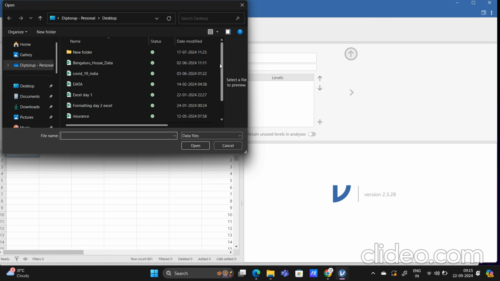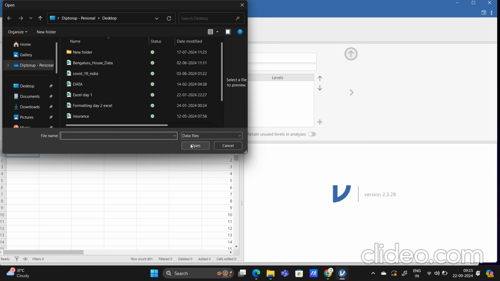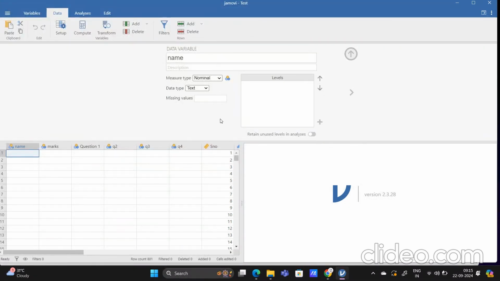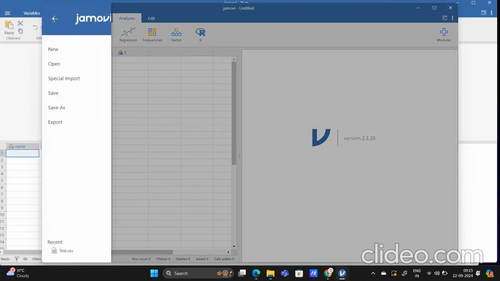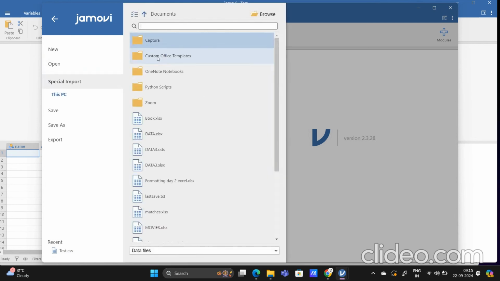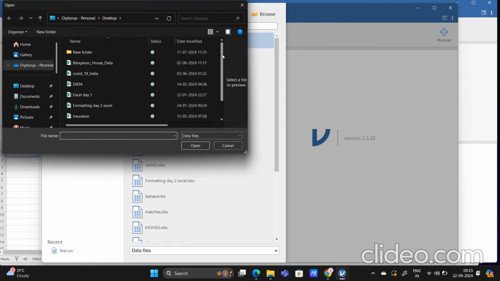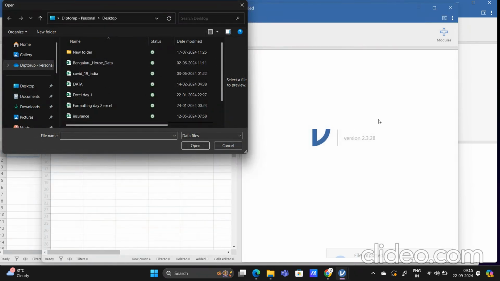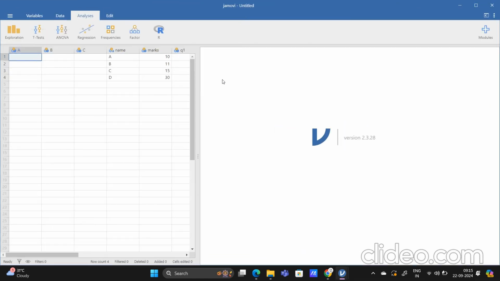I feel I have to look after these datasets. Let me operate with this test dataset. Let me open a new interface and import the test dataset, which is here already. So as you can see, I have imported the test dataset, and it has the columns name, marks, and q1,